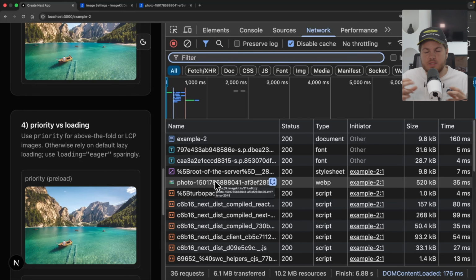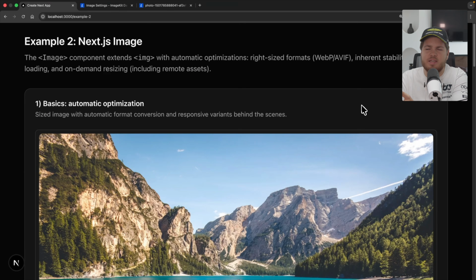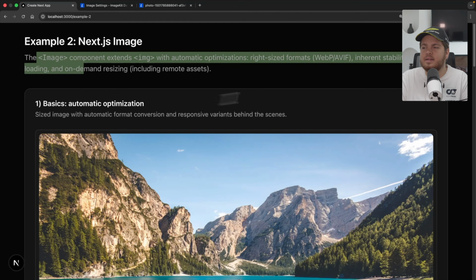So this priority property allows you to load an image with a priority. It makes a lot of sense to use this tag whenever you have, like, a hero image, or for example, when you have a blog article, in most cases you probably have a title, then a description, and then a big image. In this case, it would make a lot of sense to use the priority tag,